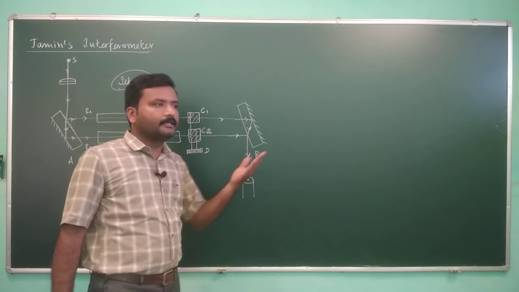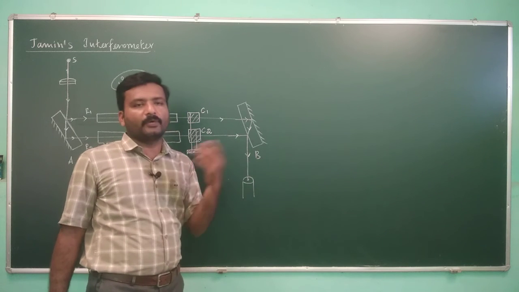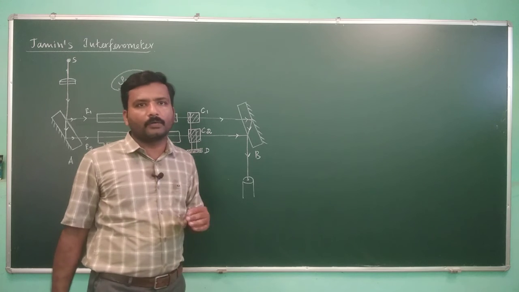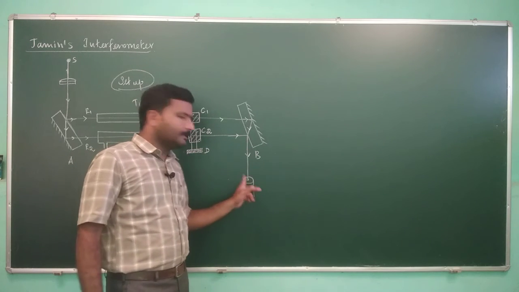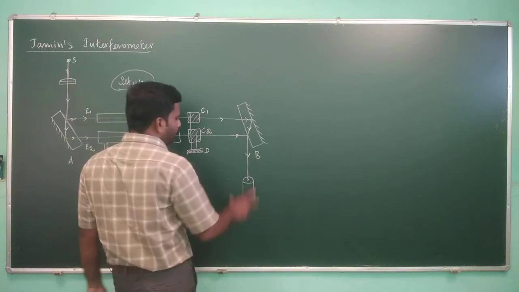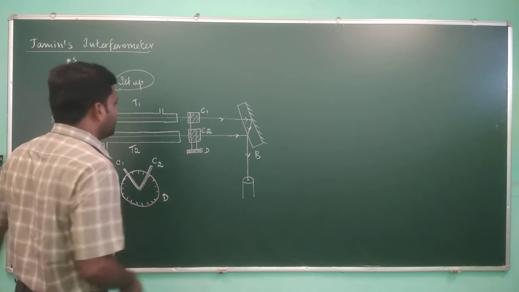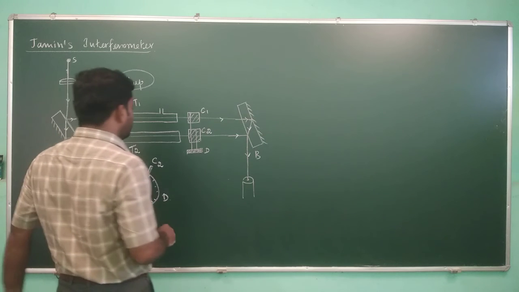By adjusting that, these fringes again move in the reverse direction. While it is moving in the reverse direction, we are able to count, because we are doing it slowly. So count until again the dark fringe is observed, so that we can get the number of fringes that passed through this telescope when the gas is filled. Okay, so this is the idea.